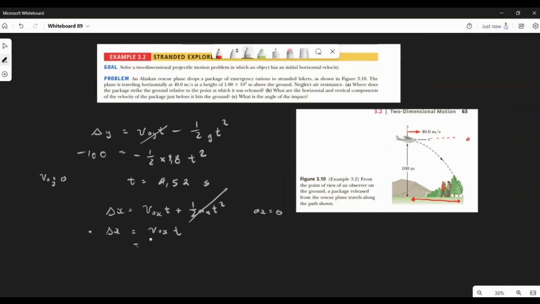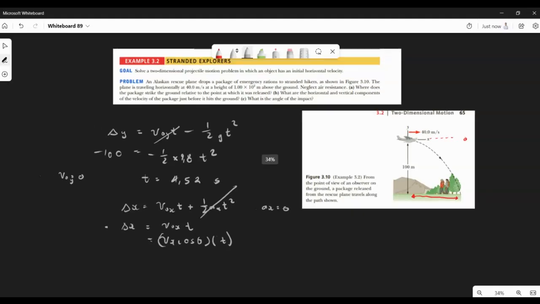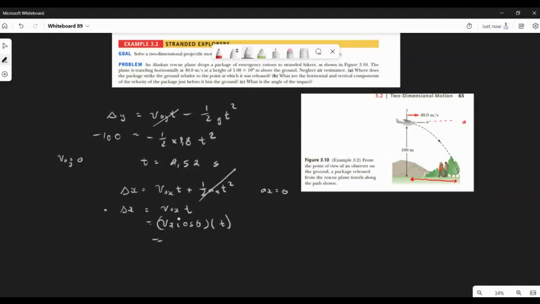So our v_ox again will be v cos theta, if you remember that, and obviously you have to multiply that by time. In this case, the package was dropped at an angle of 0 degrees, so there was no angle here. So our v was 40 cos of 0. That is essentially 1. So just 40. I just put that there because they kind of skipped that. And we multiply by the time given, and that is 4.52 seconds. So we say 40